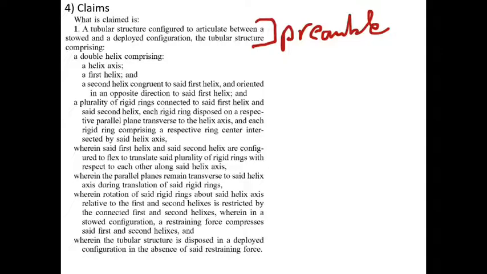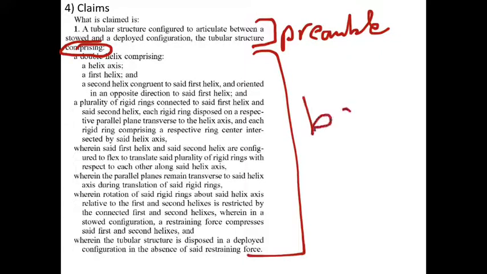And then on its own line, you see this word comprising, and that's intentional. This word comprising is what we call the transitional word that transitions from the thing, which is named in the preamble, to the body of the claim,